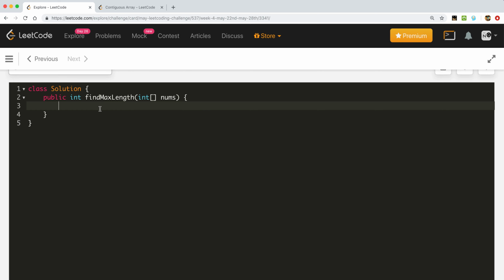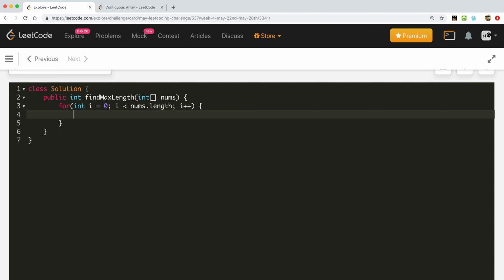For the very basic brute force, I will simply use 3 for loops: for int i = 0; i less than nums.length; i plus plus, and another loop for the end index, for int j equal to i plus 1, so j starts from i plus 1 and goes till length minus 1.